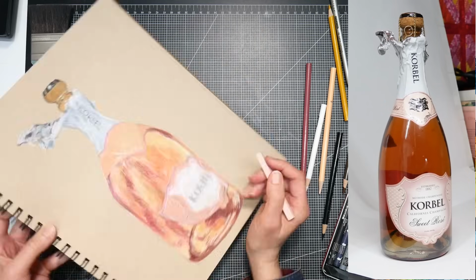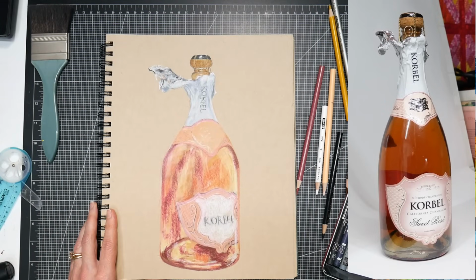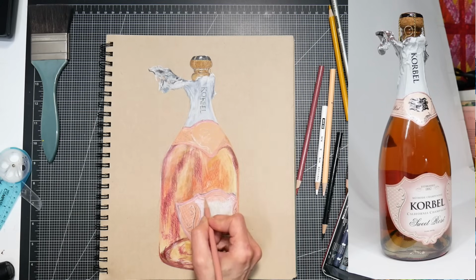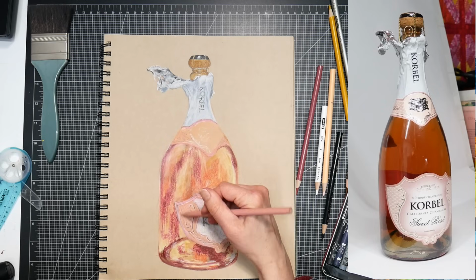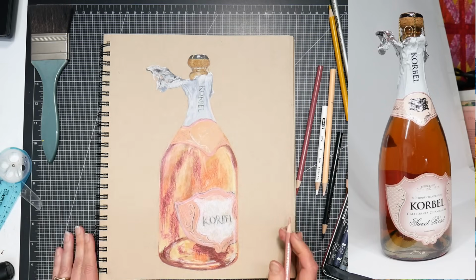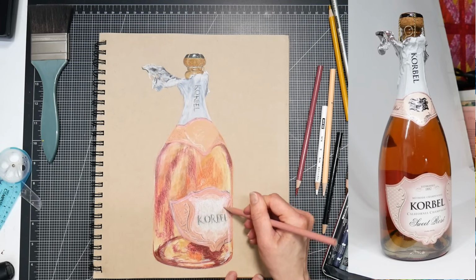And I'm using a soft watercolor brush to brush away any crumbs. I have two of those brushes, so I keep one just for dry brushing of crumbs away. A big blush brush would work really well, or even an inexpensive hardware store chip brush would work really well for that. So just a dry dedicated brush that you can brush away crumbs with is really great to have,